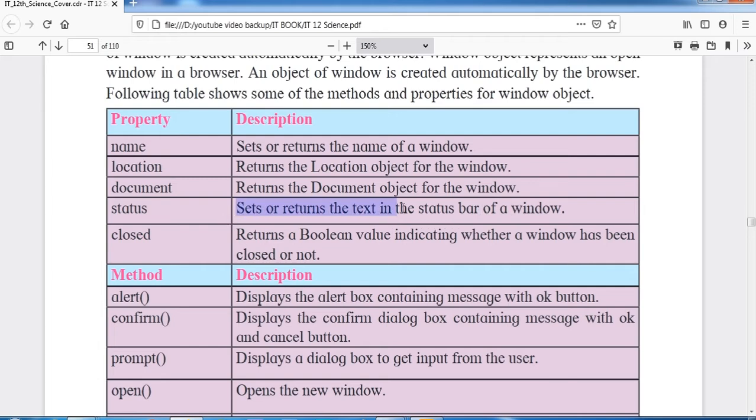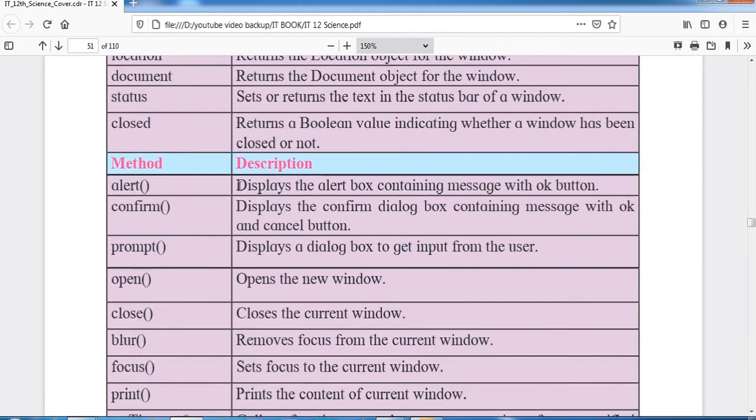The closed property returns a boolean value indicating whether the window has been closed or not, in true or false.